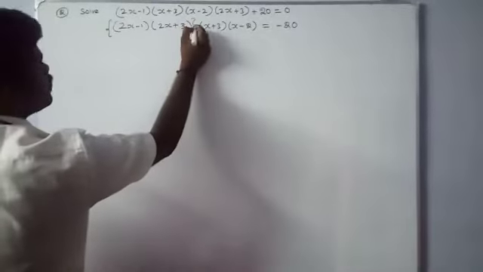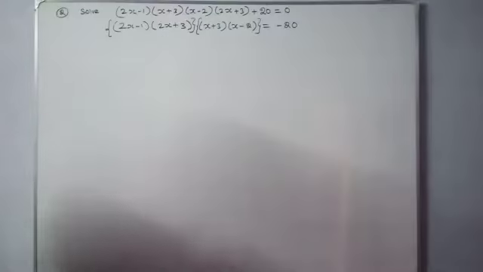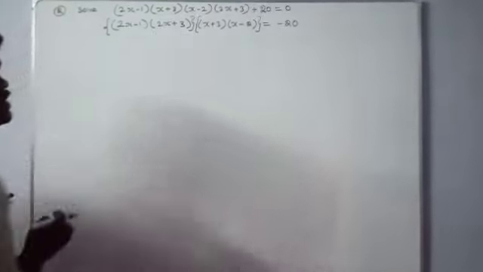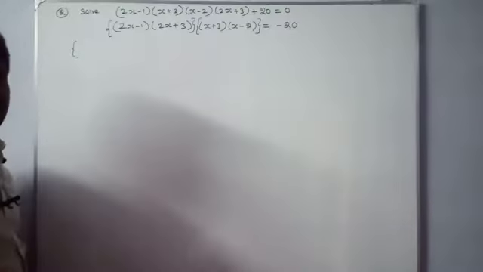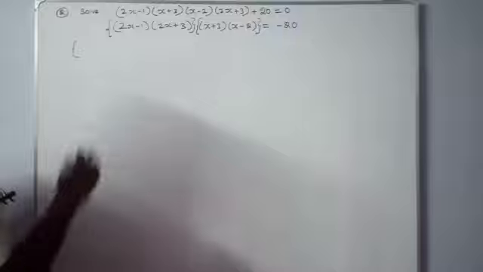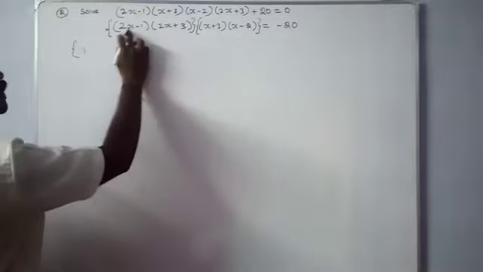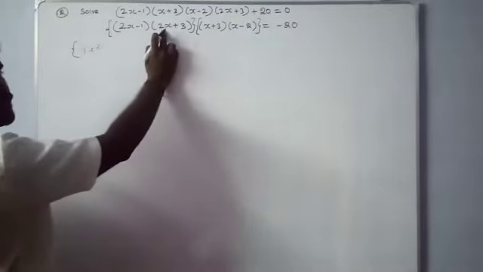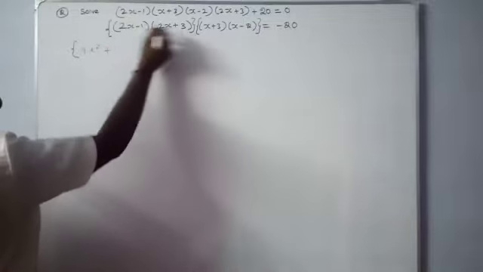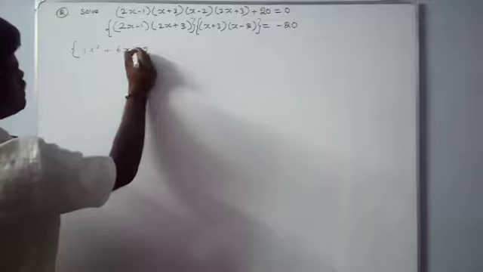Now compare this factor 2x minus 1, 2x plus 3. Here we don't write the roots directly, the equations directly. So we can multiply these two terms. What are the factors? Here first take 2x to multiply this term, 4x square, that means 2x into 2x, 4x square plus 6x and minus 2x